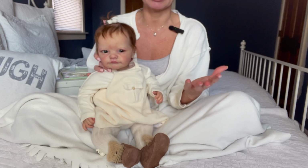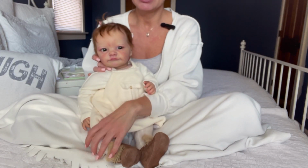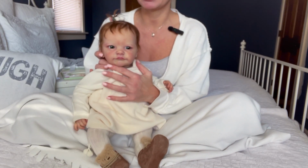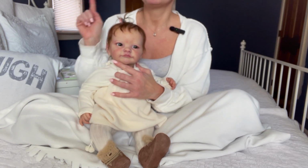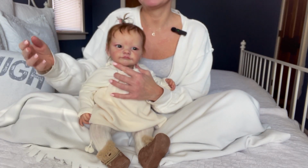I absolutely adored how the baby looked. The baby even looked very, very similar to Ramsey's scalp. And I thought, okay, this could be fun, to see if she could do something with the picture. And she created the baby perfectly. With that custom, okay, now let me talk about the customs